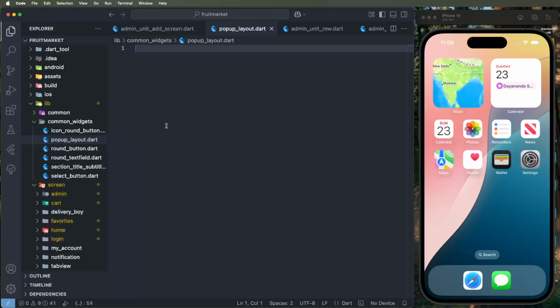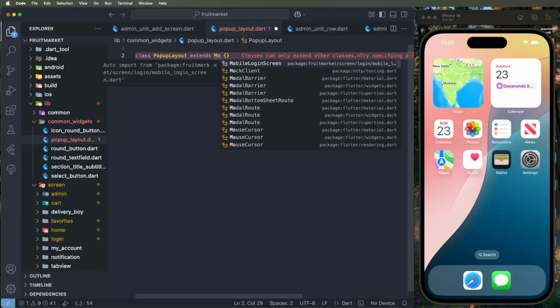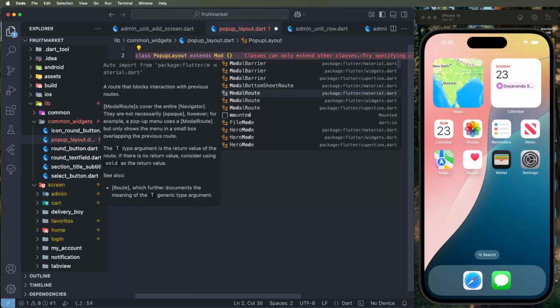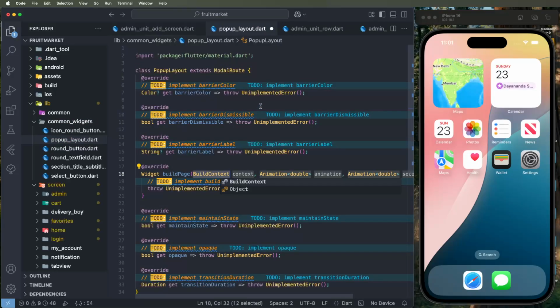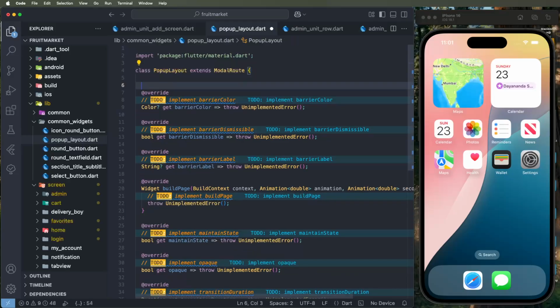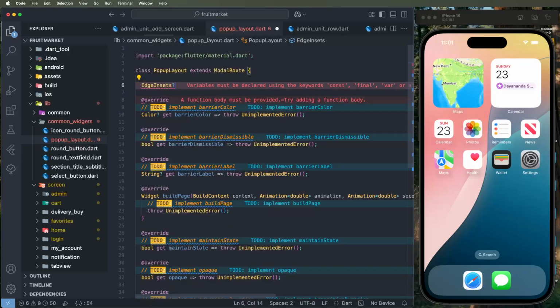First of all, we create a ModalRoute for these pop-up layouts. Declare the class, write PopupLayout, and extend it with ModalRoute. For the material dependency, we configure this UI and add the missing overlays. First of all, we set these override methods as needed, and declare some properties related to this UI, like edge insets. We need to set the margins,